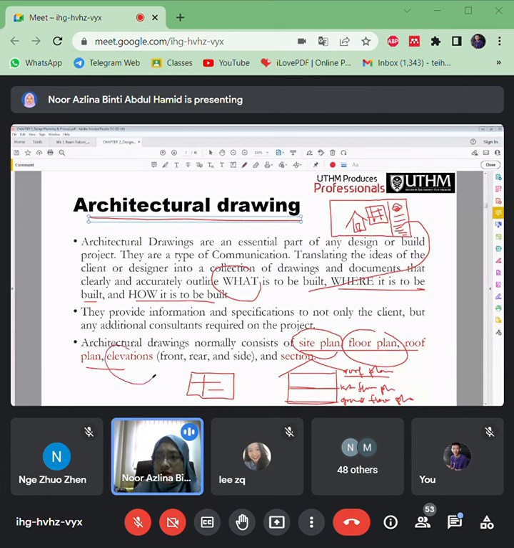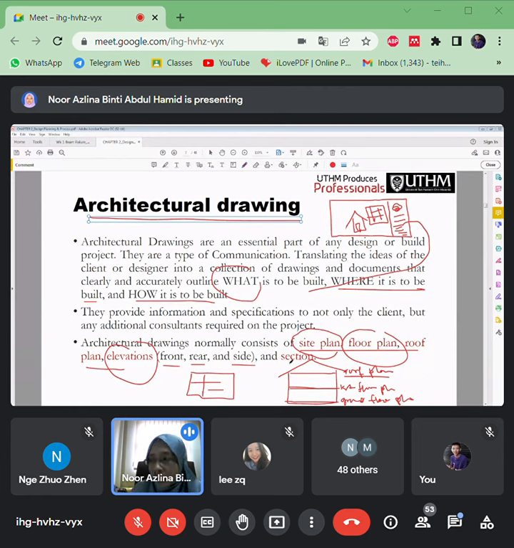And then in the architecture drawing also provide the elevations view. Macam mana pandangan dari depan kan, dari belakang pula macam mana. Okay, and then also side, there will be a right side or left side. Might be the right side, they will have windows, but the left side, there's no window. Got a staircase and so on. So every sides, every elevation should be checked. Okay, should be in details.